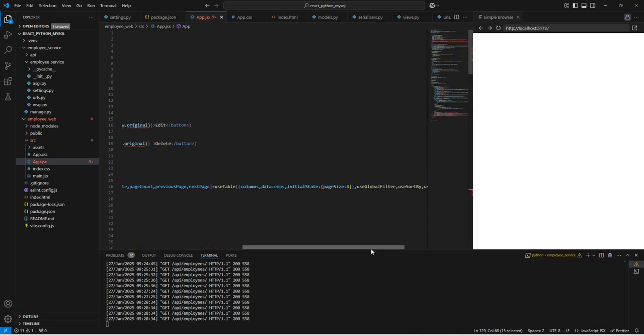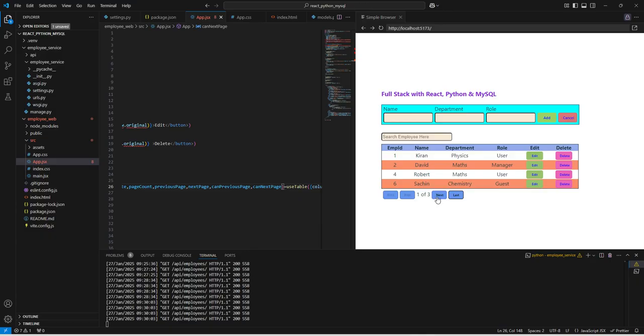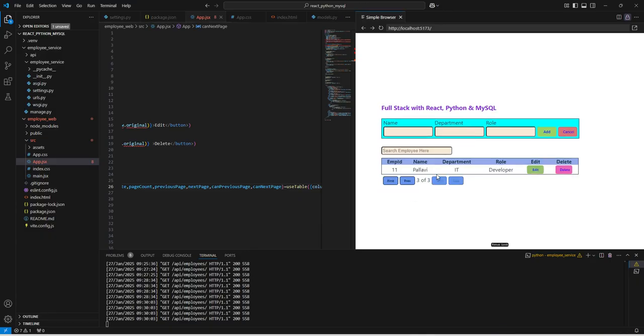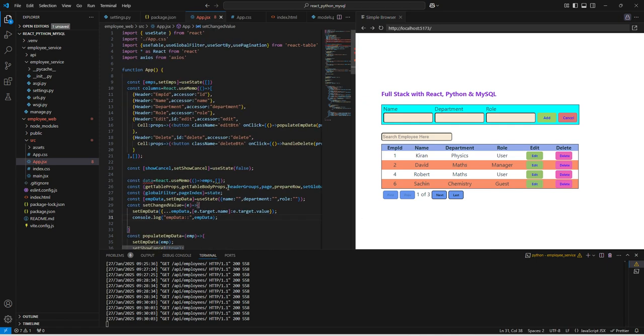So this is next page, can previous page, and here it's can next page. You can save it. Now you can see these two buttons are disabled, and once we reach the last page, it is showing the last two as the disabled ones. Seems good. Fine. Now next thing what we can do,